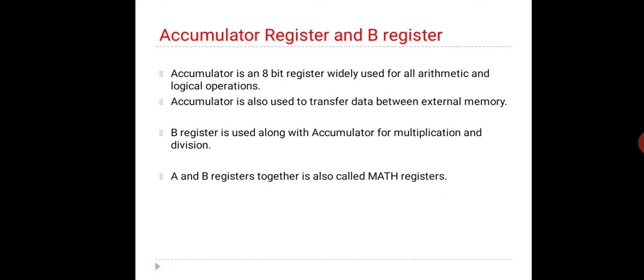Then we have the accumulator, famous with the letter A, capital A. Yes, capital A stands for accumulator in microcontroller. Then we also have register B. So what is this accumulator? Accumulator is an 8-bit register. An 8-bit register means a place, a space where you can save something or write an instruction. It is a place where you can store. 8-bit means 8-bit information can be stored there.